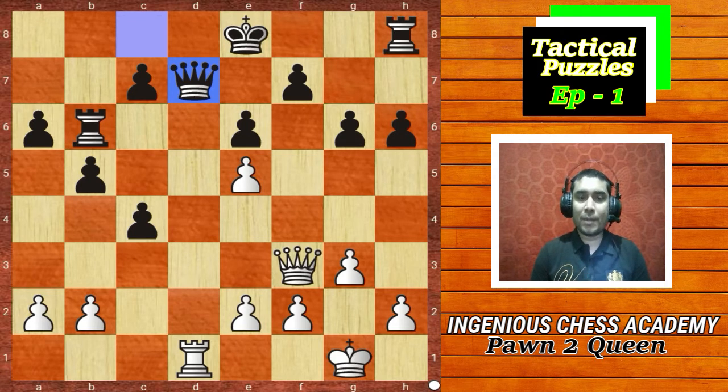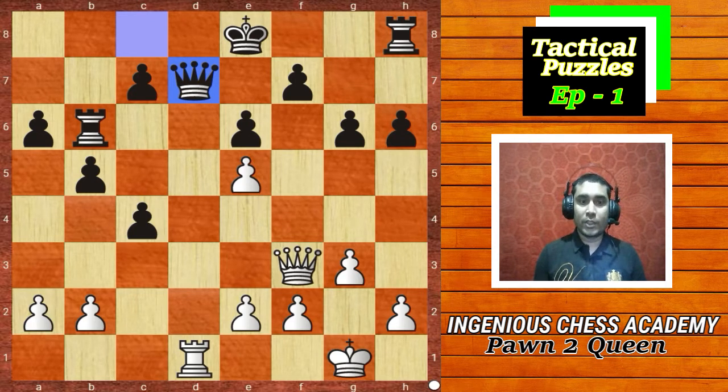If you solve regular puzzles at home, then you always have to follow the three basic rules of puzzle solving. What are the three basic rules? Rule number one, always look for checks. If you see any good checks at the start of the puzzle, and with the help of the check you can create a winning combination, then go for that.